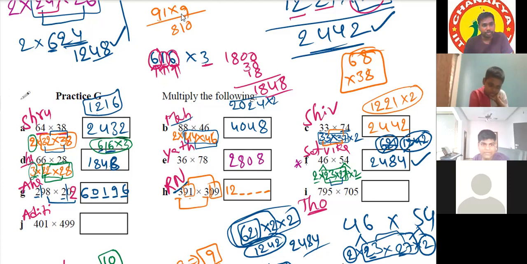I didn't get your question. Sir, 819. Wait, let Ritvik understand. 91 nine times we are doing, right? Sir, I did 9 nines are 81, and then 1 nine is 9. Okay, simply 819, right? Yes, sir. But how to write that number? Sir, 0819. 0819. Very good.